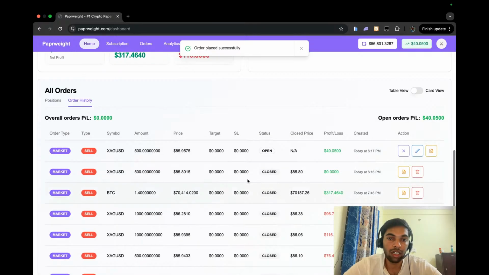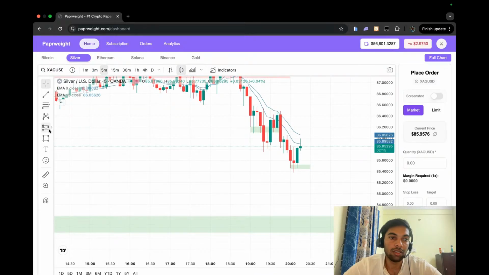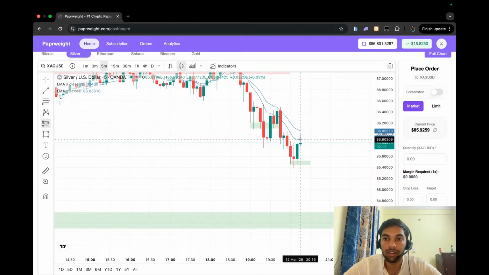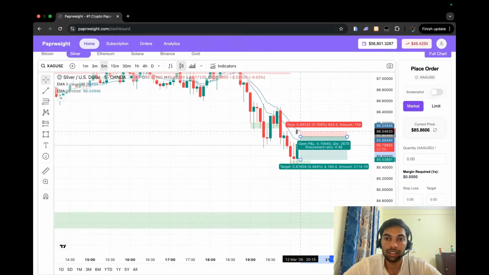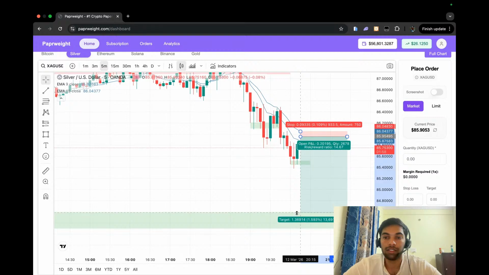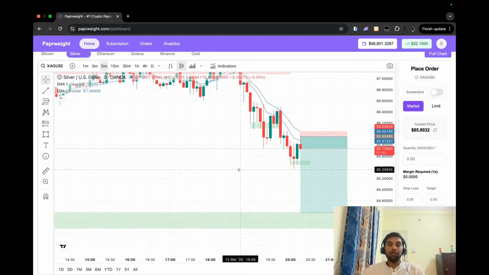Let me see what it is now. 8595 is our price, and this is where we short, 8595. This is our shorting price, this is what our stop loss looks like, and this is our target. Okay, so this might be a swing trade as well, which will last for an hour or 30 minutes or so, but this is our swing trade, guys.